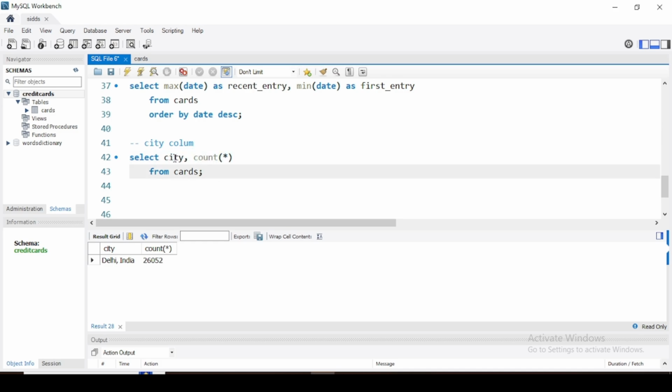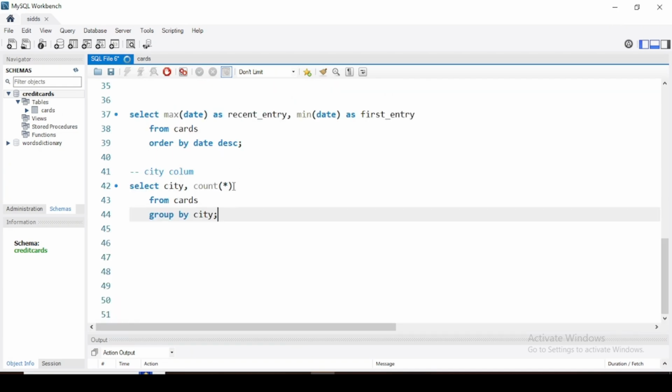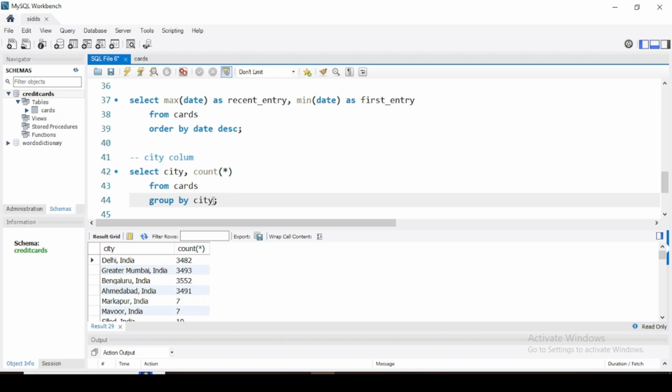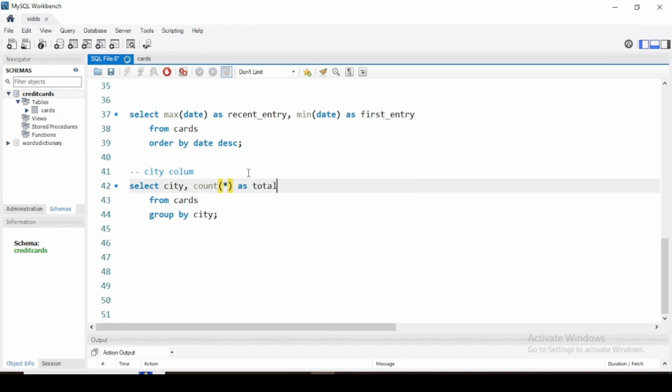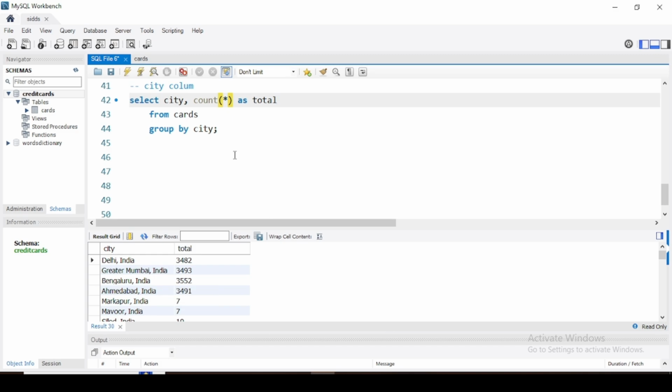So what we want is, we want to count the count for each city, right? So we have to use the group by, because we are grouping the data. So we say group by city here, because this is the column we want to group it by. Now if I run this, we get data from the group by. One way to look at it as also is that whenever we use the aggregate function in the select column, everything that is not in the aggregation, rest of the column should come in the group by. Okay, I can give a name, total here. So we have this Delhi, India,